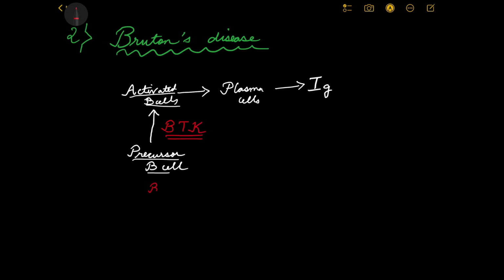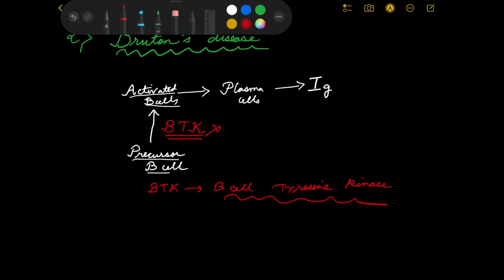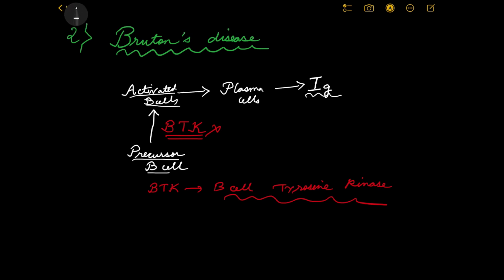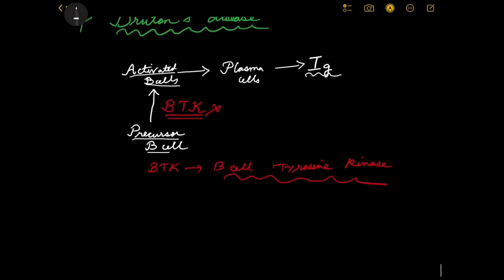Okay, so B cell tyrosine kinase. Okay, defect or deficiency in this enzyme obviously would mean that there is defect or disease, or rather problems in immunoglobulin